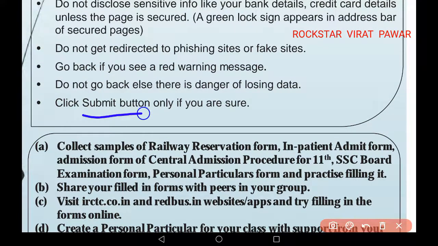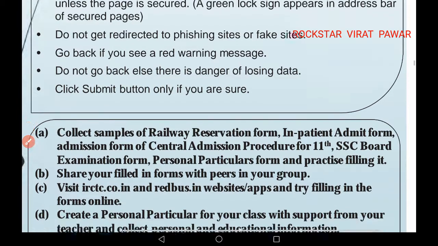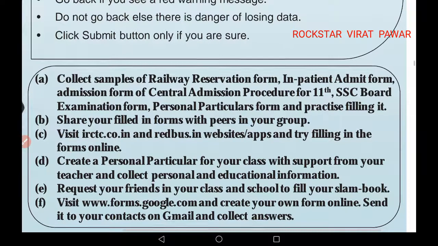Click the submit button only if you are sure. If you are sure the form is filled in the correct way, your name in capital letters as required, your birth date or any other details asked in the form, have been filled correctly, then only you should submit your paper.